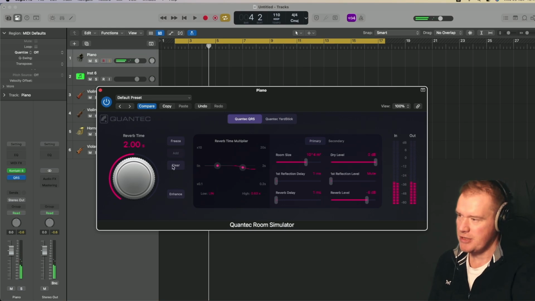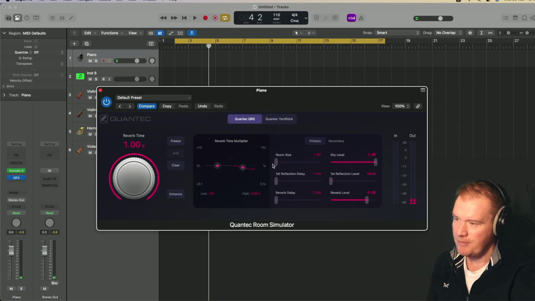selling points are the fact you can have an absolutely massive reverb time. You can even freeze that reverb time as it's going, so that's going to hold out now until I turn it off. You've got room size to choose from. As you go from left to right, it adjusts the reverb time to a suggested setting for you. So if we have a massive room, it's going to suggest a low reverb time. You can override that